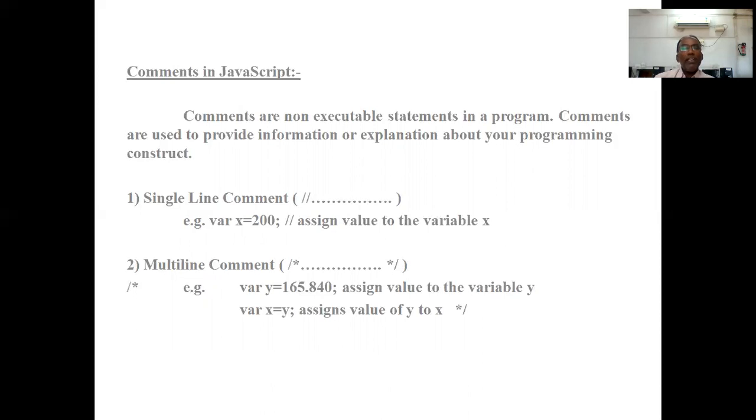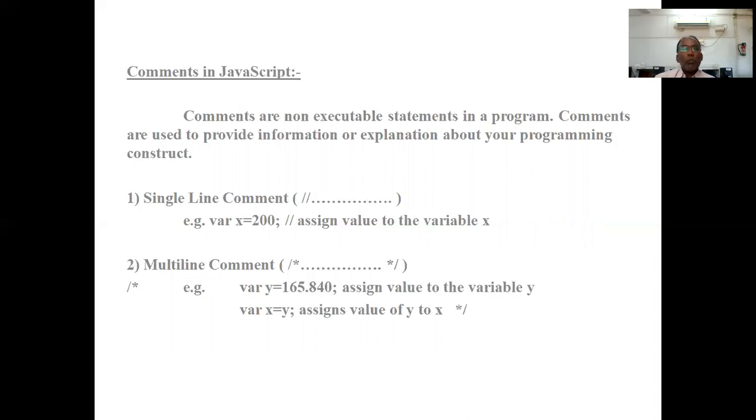Comments are used to provide information or explanation about the programming construct. So if you want to write some explanation regarding the program, we can use comments for that. Statements added in comments are ignored by JavaScript, as I already told you that comments are non-executable statements.